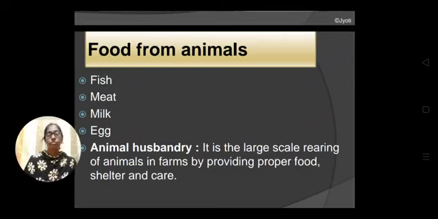So some farmers rear these animals on a small scale. But on a large scale, the animals are reared in farms by providing proper food, shelter and care. And these places are called animal husbandry. Okay. So from animal husbandry, a large amount of animal products, food products, are obtained